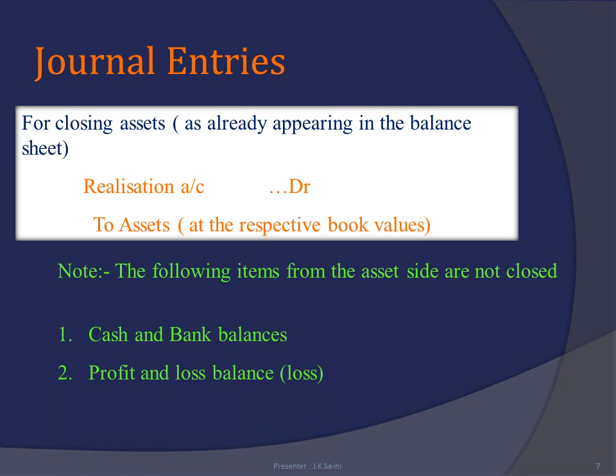Profit and loss account, loss, that is a debit balance appearing on the asset side. This will be distributed in the old ratio. Capital accounts and current account balances, if given on the asset side, are debit balances and are transferred into the capital account on the debit side as balance brought down.